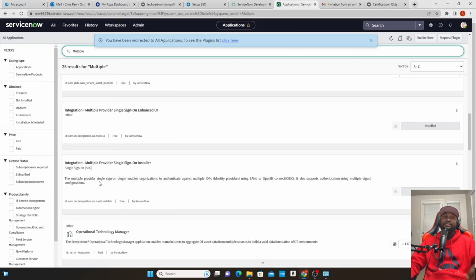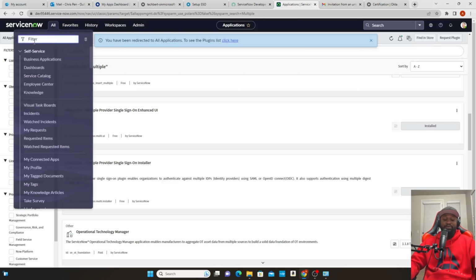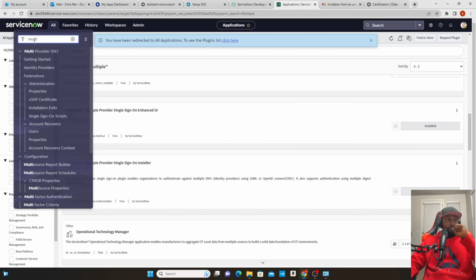multiple provider SSO. If you trust me, when I set up this environment, what happened was that I wasn't seeing it. When I typed in multi-provider, I did not see it. So I had to go and search for the plugin and then install it before I was able to see it. All right. So the next thing that you're going to do is, it says here,